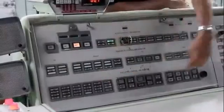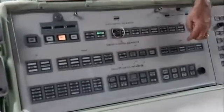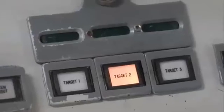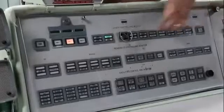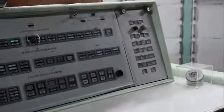Bottom row of lights do relate to the complex itself. The center row of lights is your reentry vehicle, missile guidance systems, and power selections. You've got your targeting selection here, you've got an abbreviated launch sequence, you've got communication selections, and you've got a rotary telephone, which was very up to date and current in the late 60s or early 60s when these places